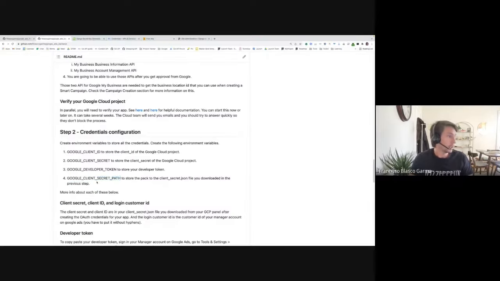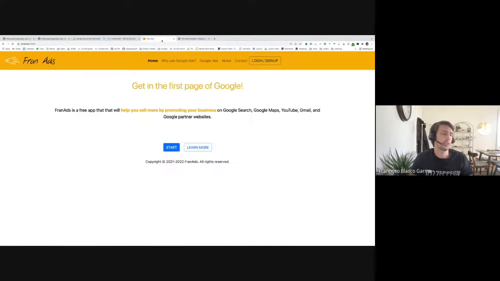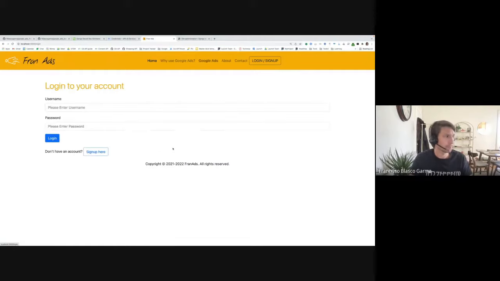Right, I think when you do that, you're ready to go. As I already have the environment variables configured and already created a project and so on, this web application that we are seeing now can already run following the steps that we just did. So I'm gonna hit start, log into your account. This is a username that I already have. Google Chrome is saying, hey, use this one. I'm gonna sign up. So if you don't have an account, this is the first user that we're gonna create. So I'm gonna sign up and let's